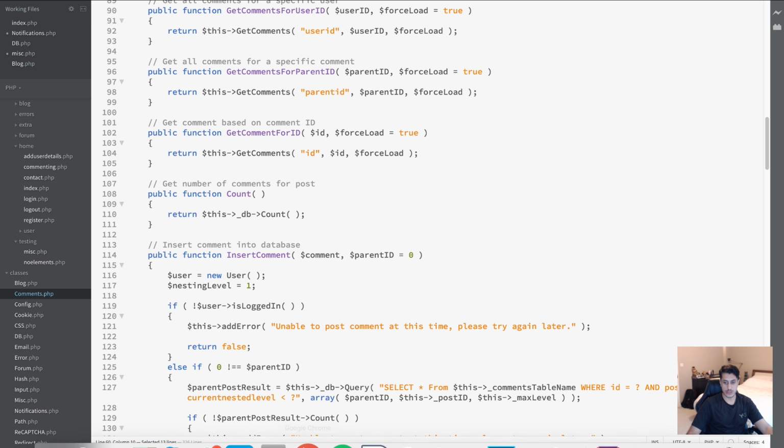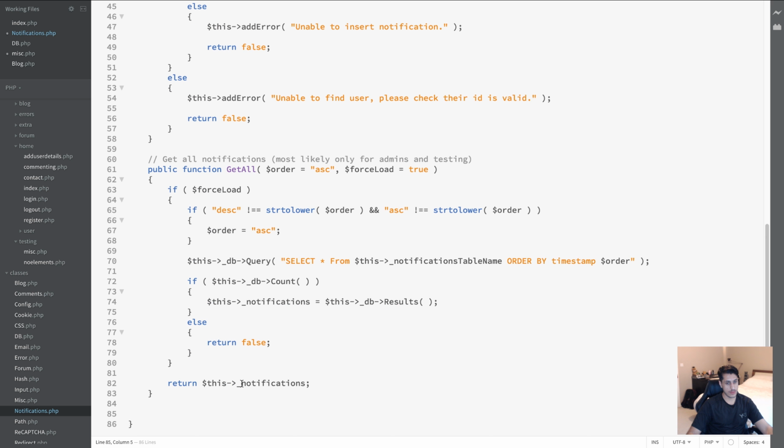I'll do another custom query, sort of like what we've got here. So select everything from. So if we go back to notifications, it's going to be public function get all